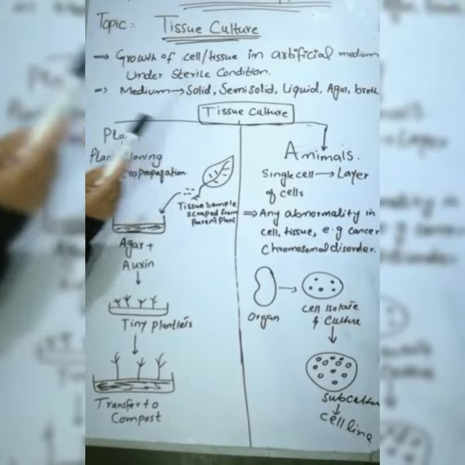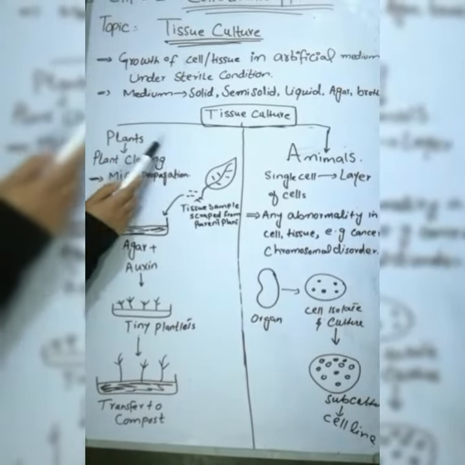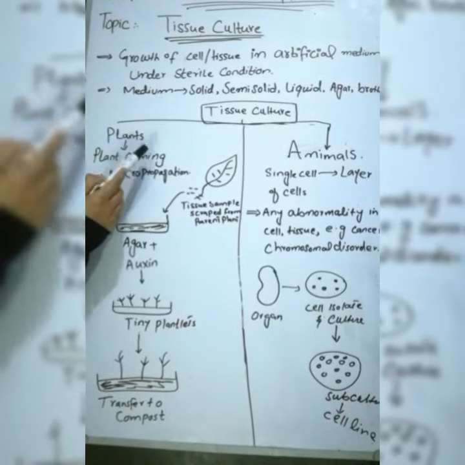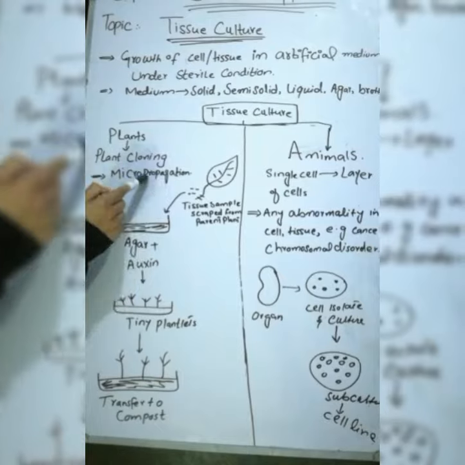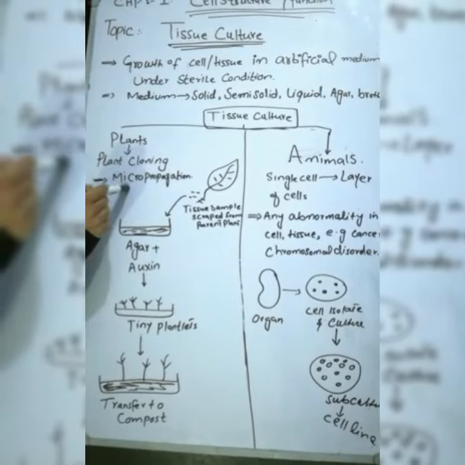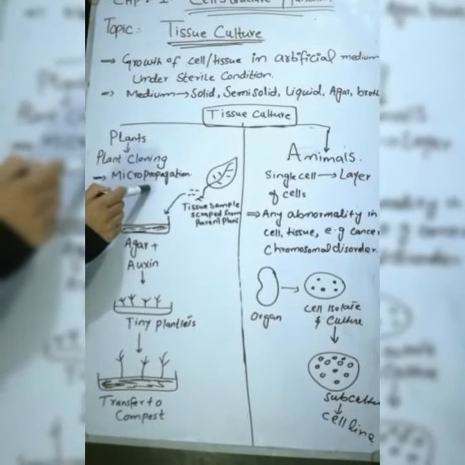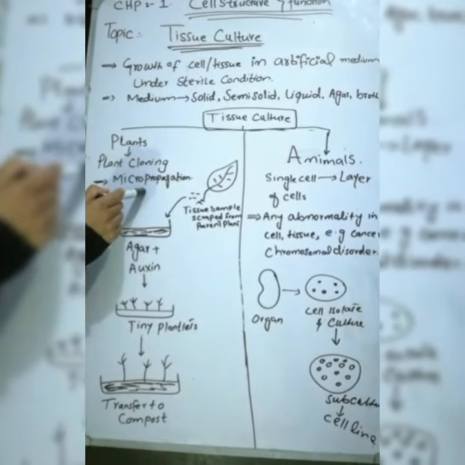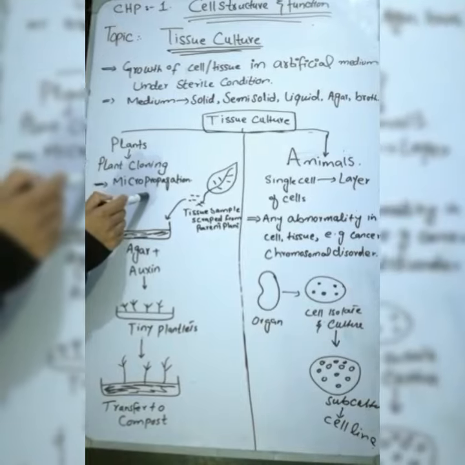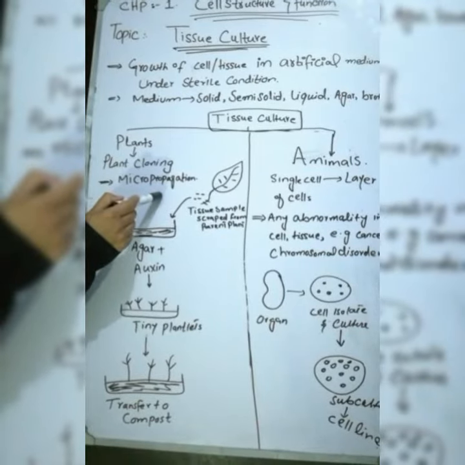Tissue culture technique can be applied both for plants and animals. In the case of plants, it is called plant cloning or micropropagation. The reason is that from a tiny cell, we can generate thousands of identical plants. This is one of the best methods by which we can develop thousands of disease-free plants from a